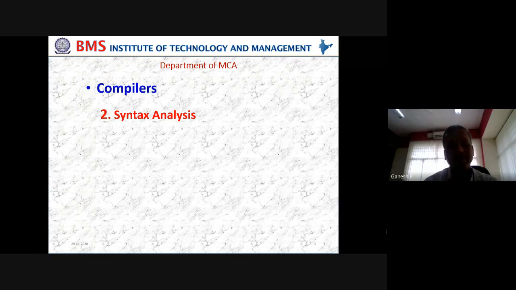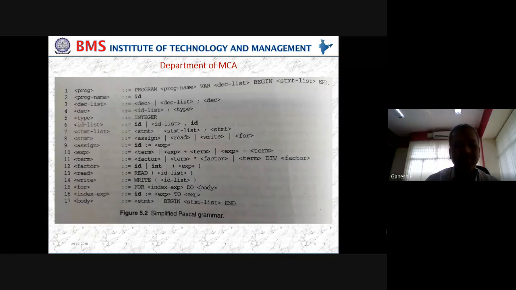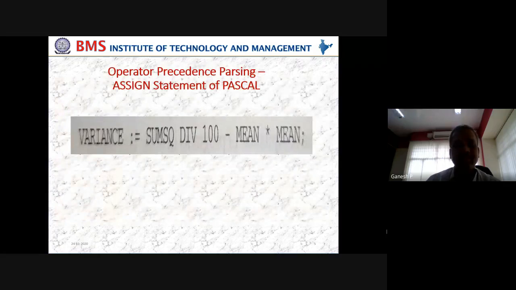Anything other than that, meaning that if that pair of symbols are not properly bounded with the lesser and higher precedence, then we say that particular grammar is invalid grammar. This is how we have seen in the previous class, and we have taken a Pascal grammar for that point of discussion, and we have identified the read statement as part of that.